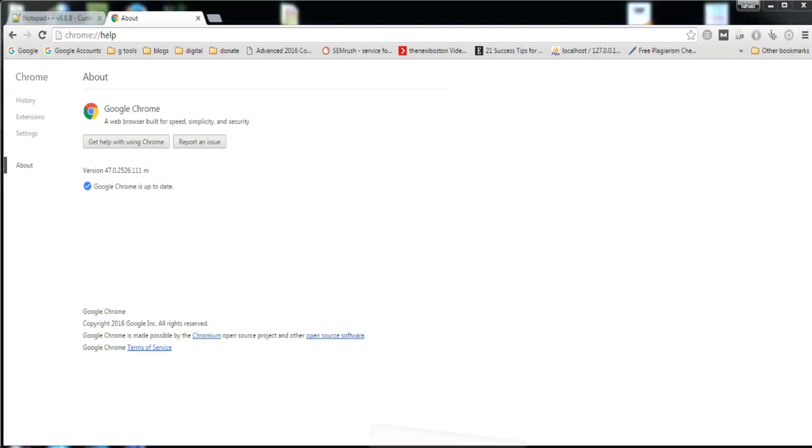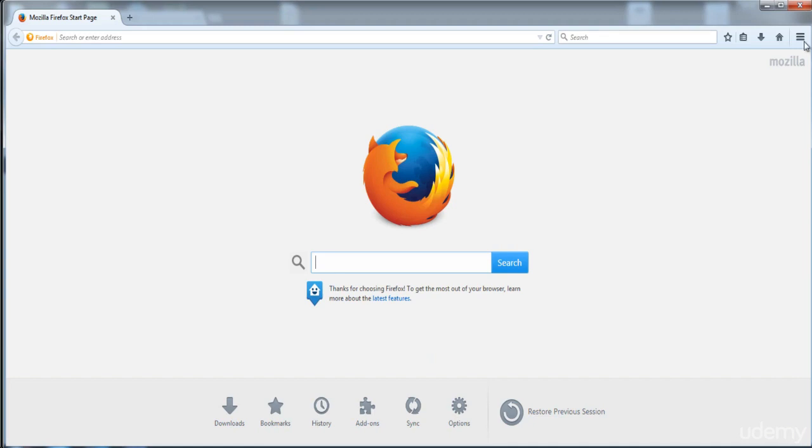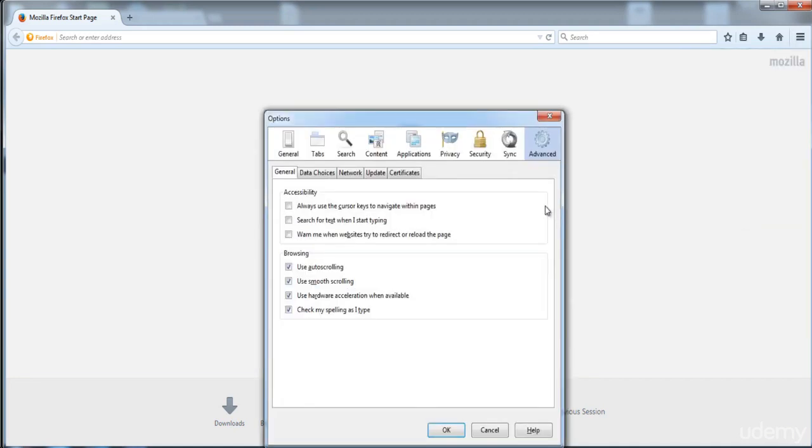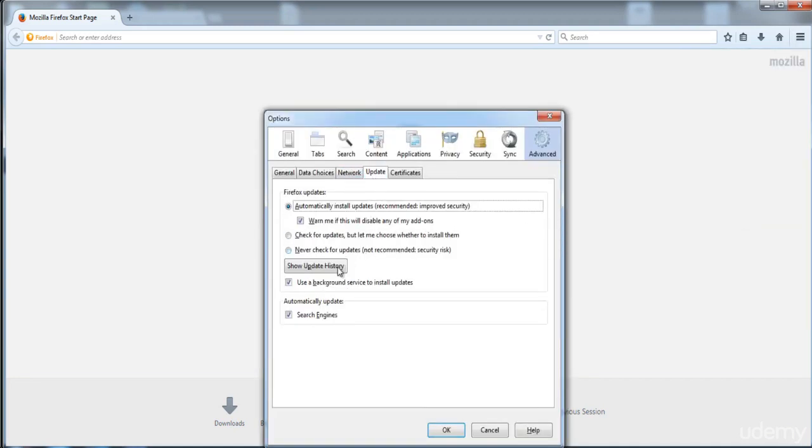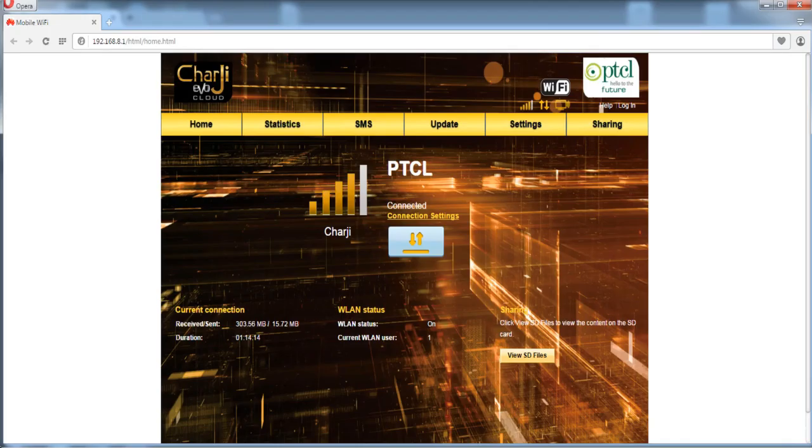If you are using Mozilla Firefox, then click on this icon and Options and click on Update, and you need to check this option. Otherwise, if you have an old version of Firefox, then uninstall it and download the new version of Firefox. And if you are using Opera, then click on this icon,